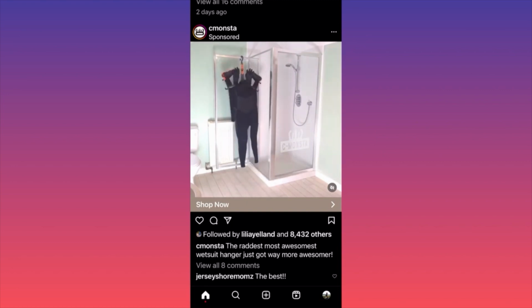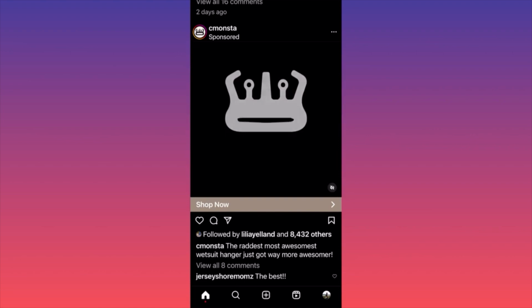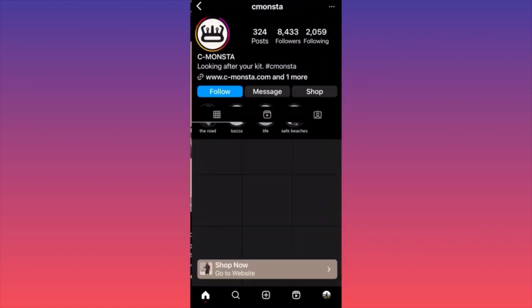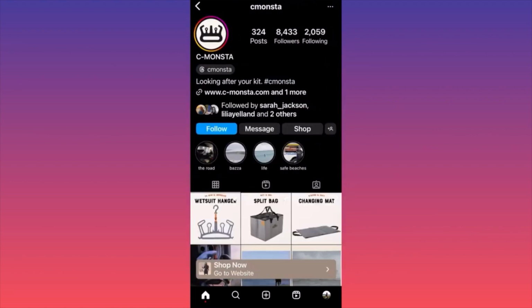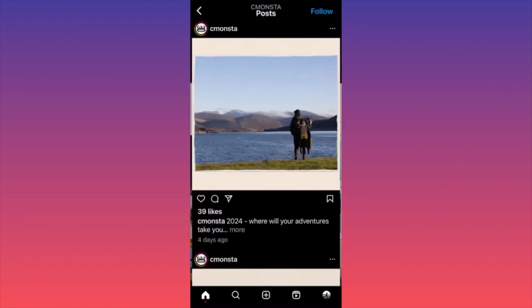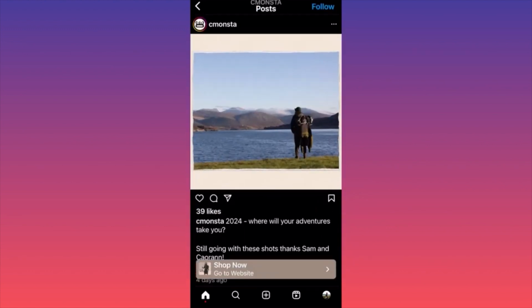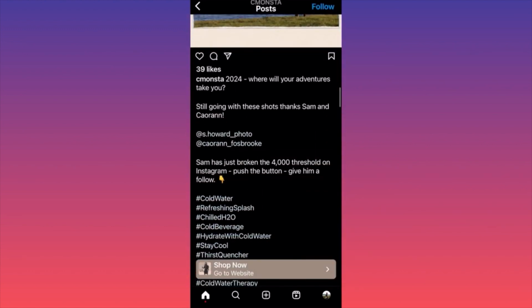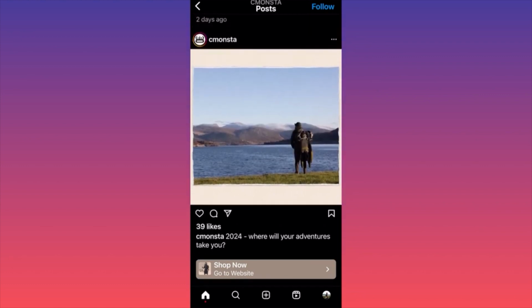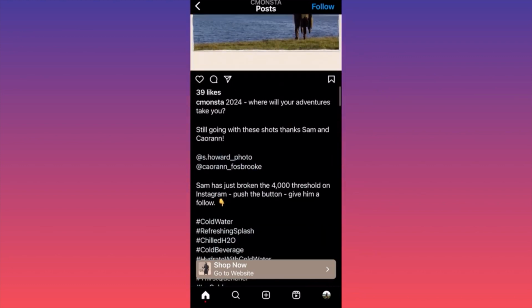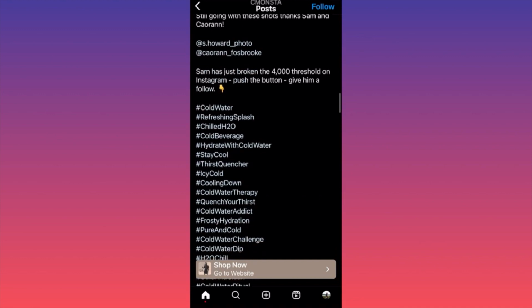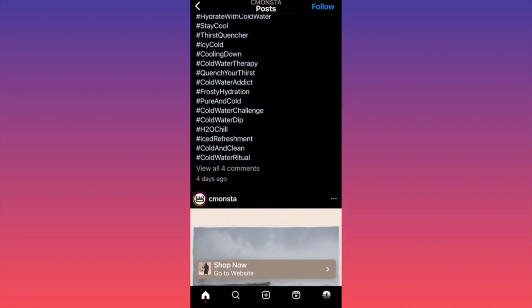Nothing should stop them from including hashtags. Well, guess what? Even though they're running a special commercial, if you go on their original account and look at the regular posts, they don't get this attention. 39 likes on the post that was published recently, and they have a bunch of hashtags. Nothing is moving, just 4 days ago.